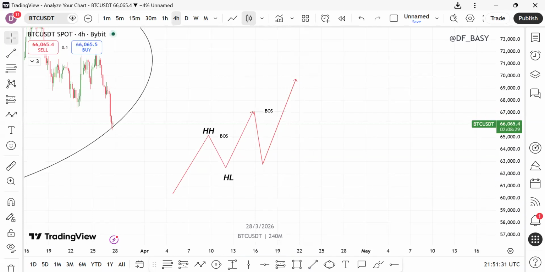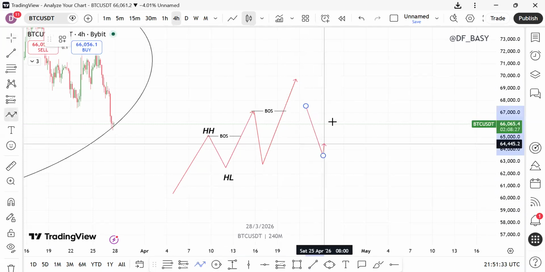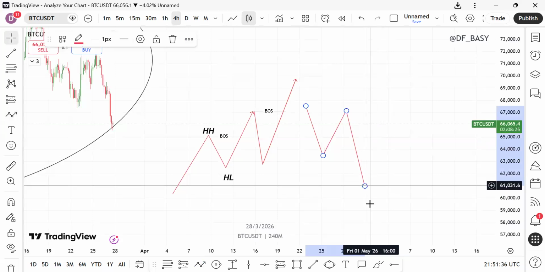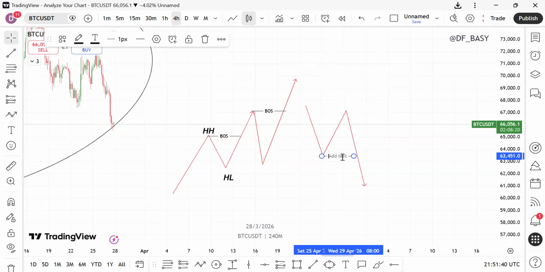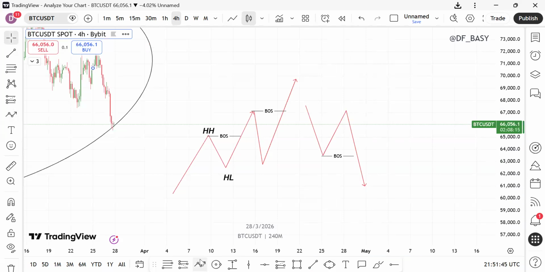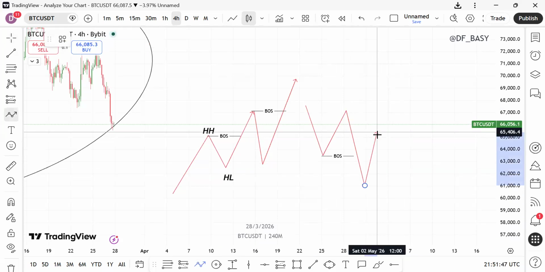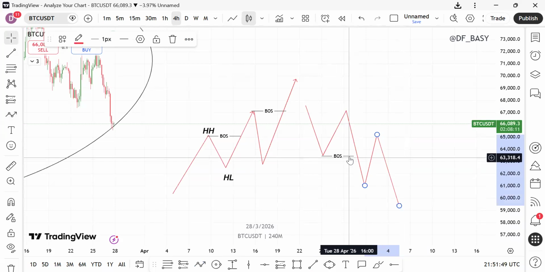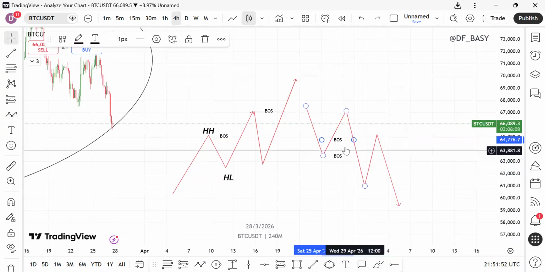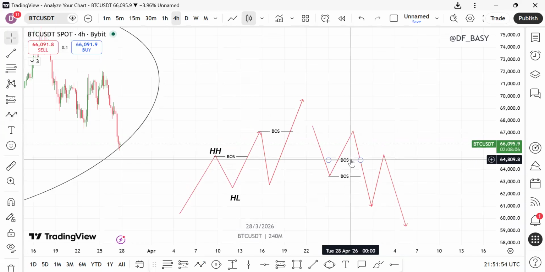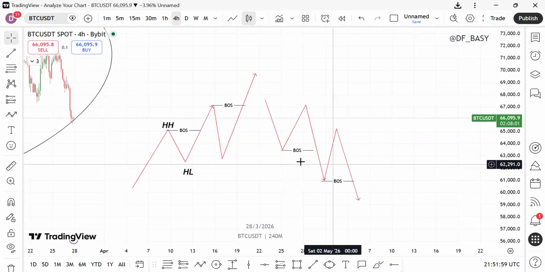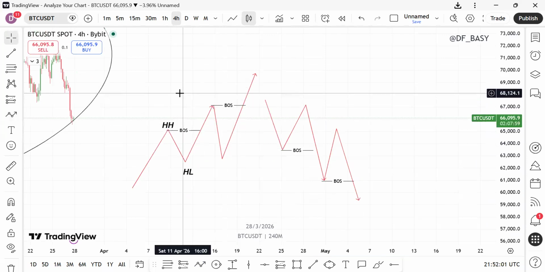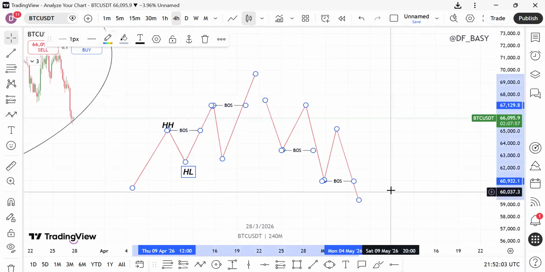For a downtrend, it's the same thing. We have the market break structure, then we break a structure here, then it comes back and still does the same thing, right? So in a downtrend, the market is breaking structure to the downside. In the bullish trend, the market is breaking structure to the upside. So with that being said,